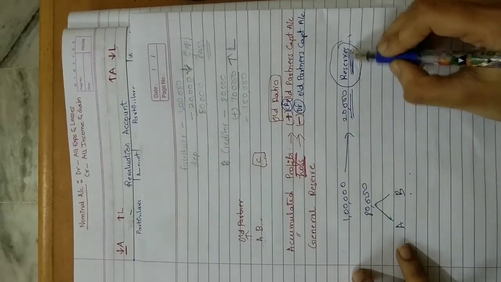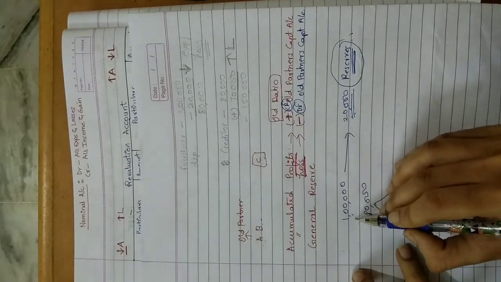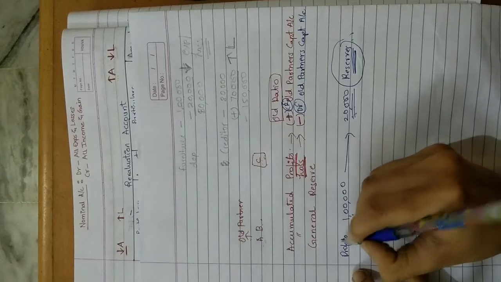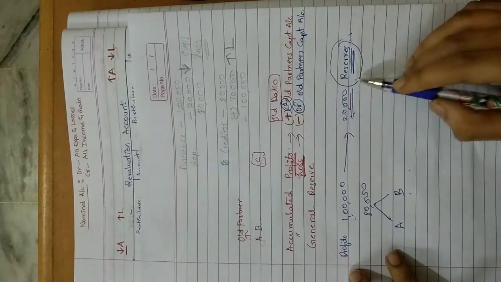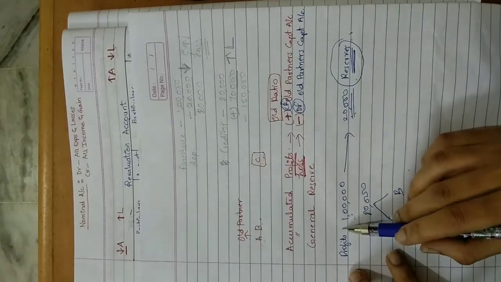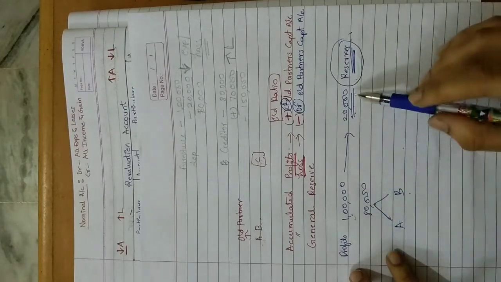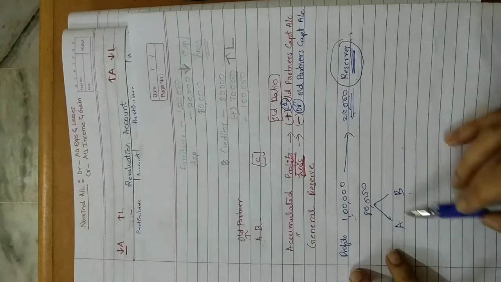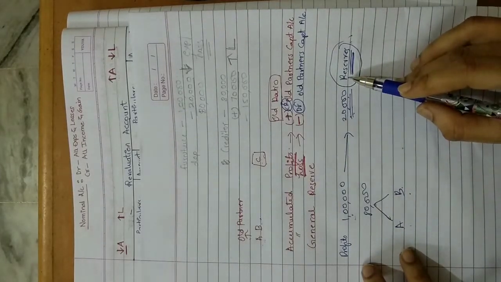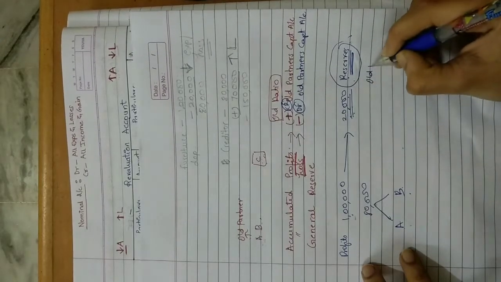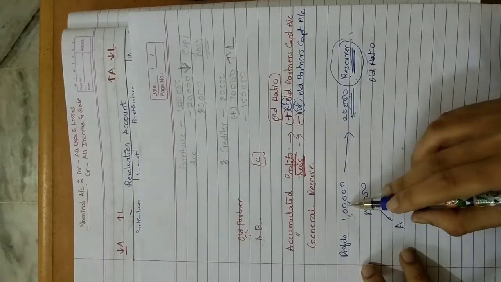And this reserve, that is 20,000, is created from profits. Reserve cannot be created from a loss. Please remember that. Reserve can only be created when there is a profit in the business. So if there is any reserve which has been created, what do old partners have to do? Old partners have to distribute it among themselves, again in the old ratio, because this reserve was created out of the profits only.